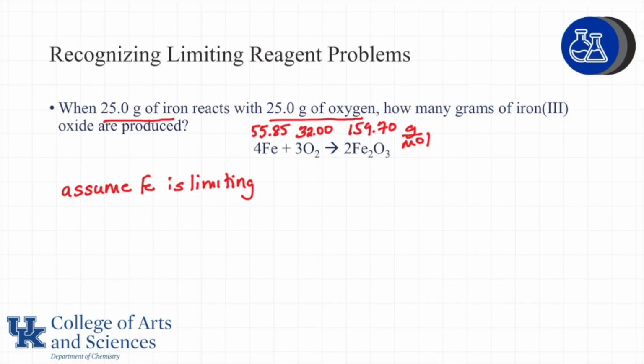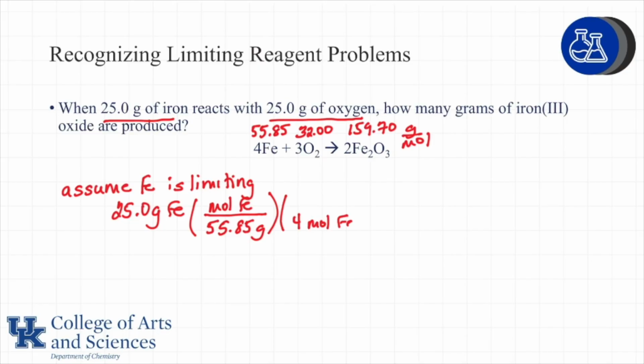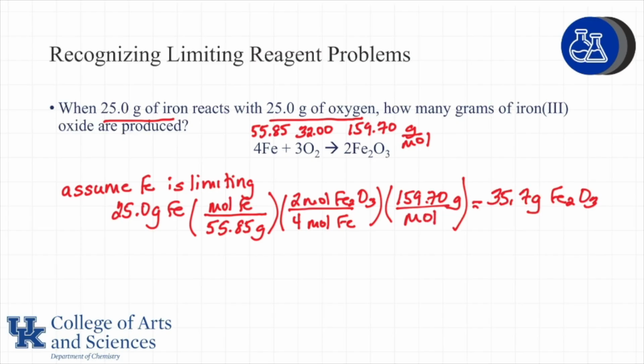The first thing I need to do is start setting up my problem with my grams of iron because that's the amount I'm given. That's my starting point. I can use the molar mass of iron to convert to moles. Use my mole to mole ratio from my balanced chemical equation. So 4 moles of iron to 2 moles of Fe2O3. Now I can use the molar mass of Fe2O3 to find the mass of Fe2O3 produced